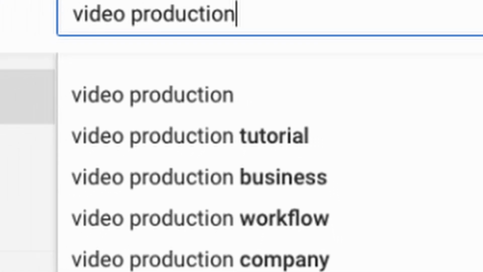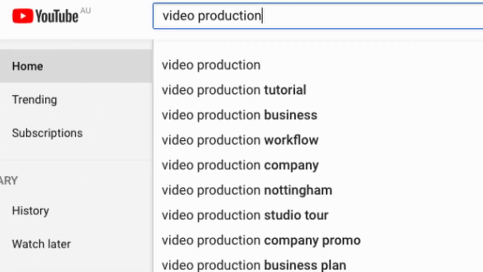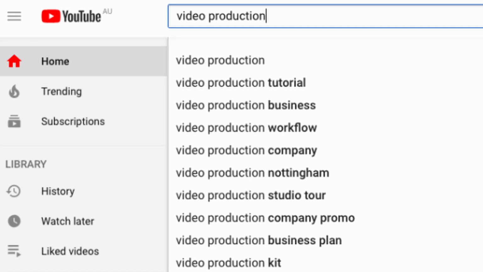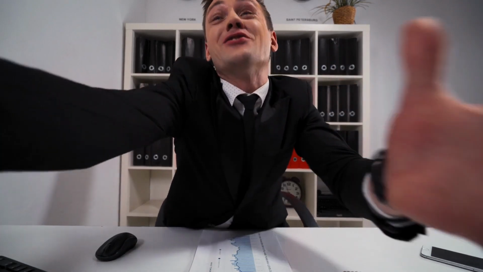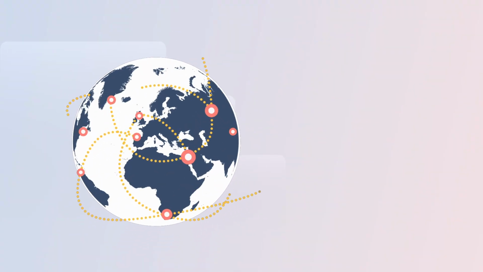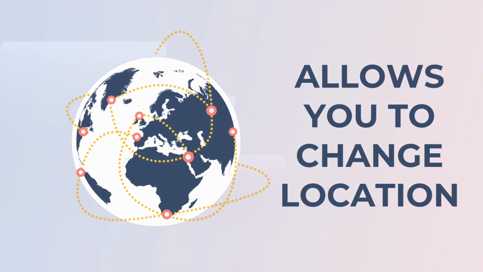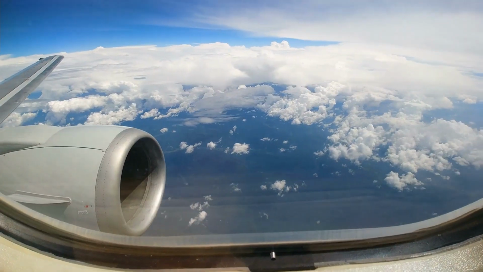And as crazy as it sounds, the YouTube suggestion search box is the best place to find keyword and video ideas because this is YouTube telling you this is what people are searching and this is what we want to have content created for. Also, using a VPN allows you to change locations so you can see results in the places you're actually trying to rank. As someone who travels around a lot, this has been incredibly valuable in making sure I'm always ranking